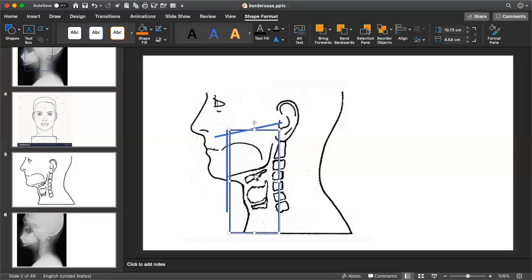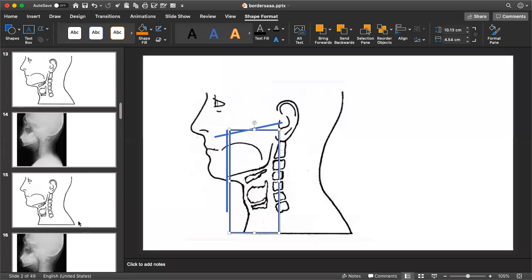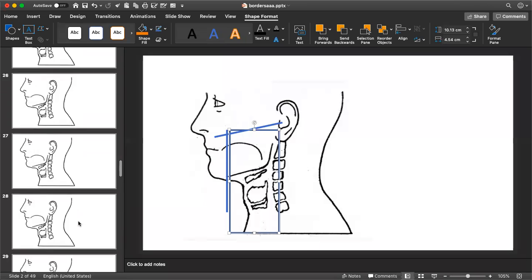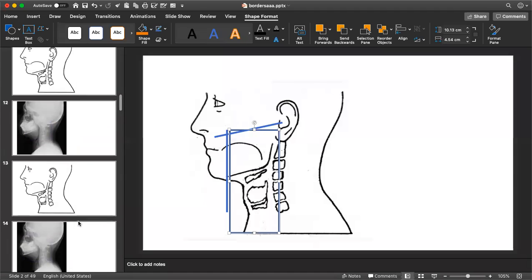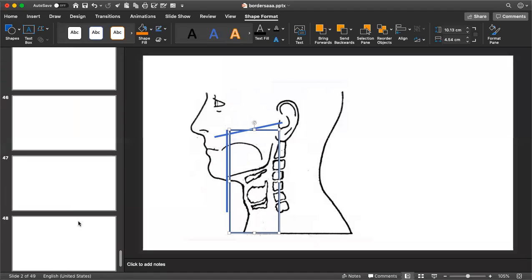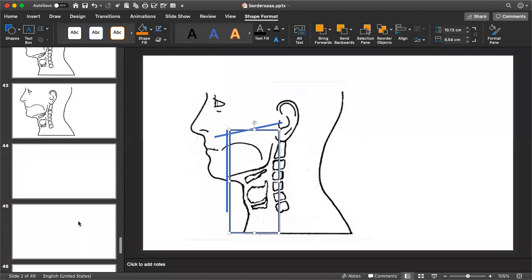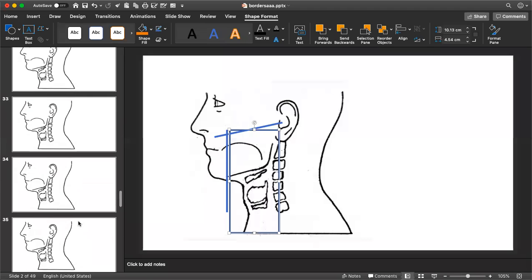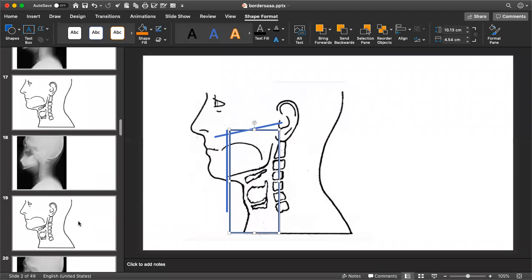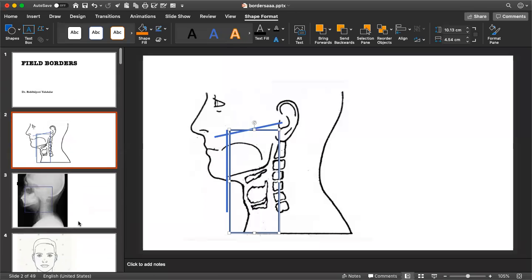For the three field technique, you use a bilateral field for the primary tumor and the upper neck, and a single anterior field for the lower neck. This can be done by the single isocentric method, or by using two isocentric techniques. The advantage is a better dose distribution, and it is described as an ideal technique. However, it's cumbersome, requires a lot of time, and there is a problem with the junction.